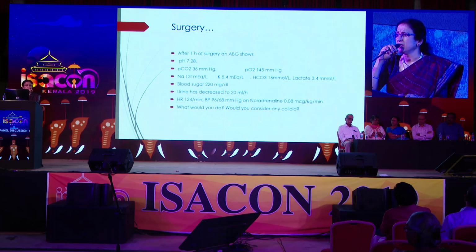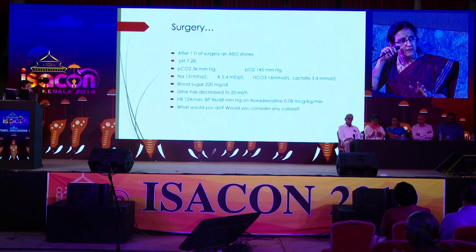Right. So starches are an absolute no-no. Gelatins, there are centers that use that even in renal transplant. Somehow our levels of comfort are not so much. Albumin, I think, is quite safe. Many of us would use it if we believed it was there. And plasma, in the absence of coagulopathy, would you still consider using plasma, or did you feel that you would give it if the INR was raised, or the patient bleeding? FFP in this scenario has nothing to do with the coagulation. It is used mainly to repair the glycocalyx.